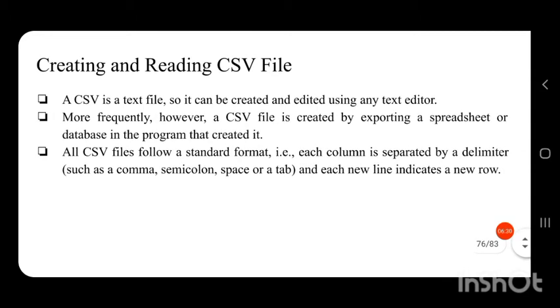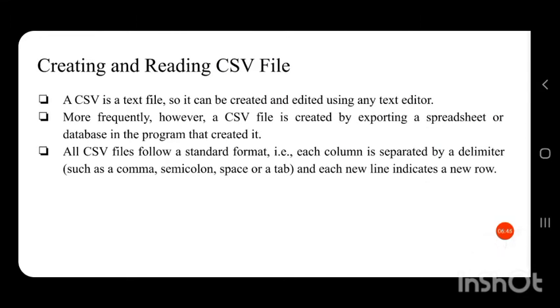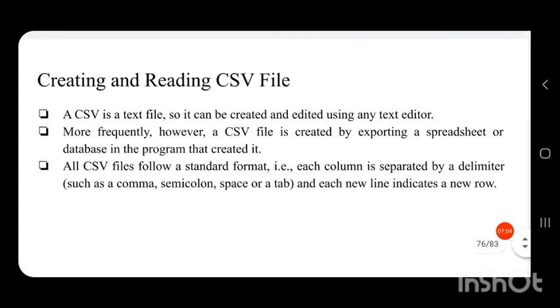More frequently, however, a CSV file is created by exporting a spreadsheet or database in the program that created it.